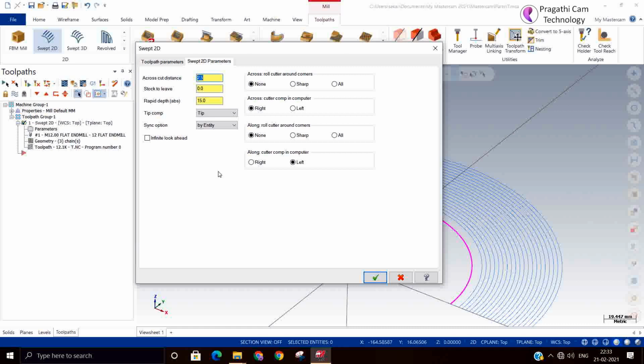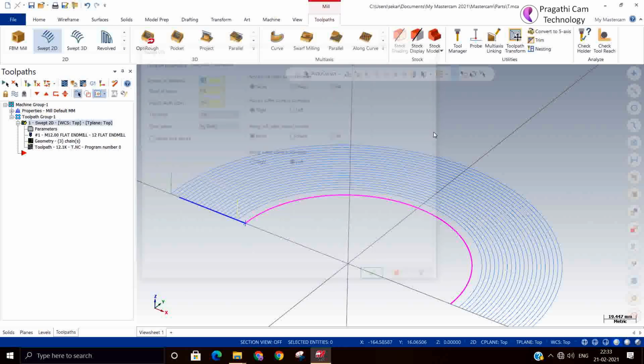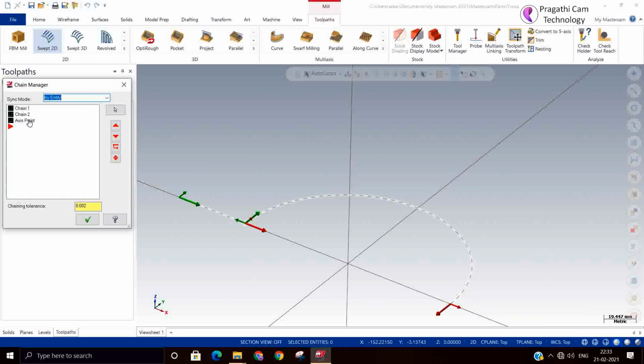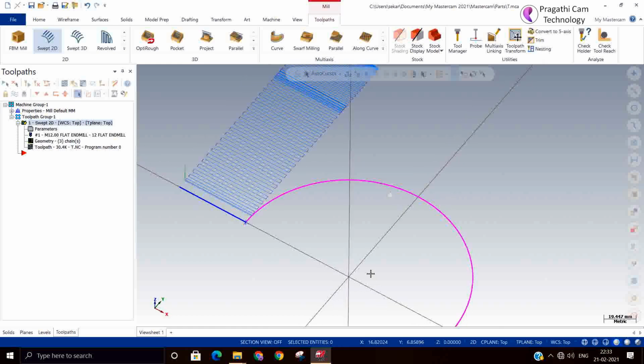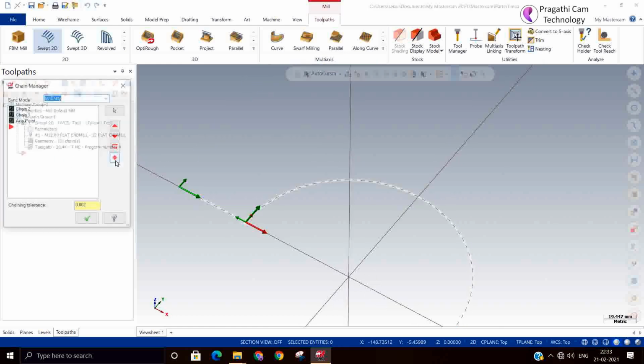One more option is also there. Suppose you want to change the along direction, then the chain has to be reversed. Now you can see it does not come because the sweep path is something off.